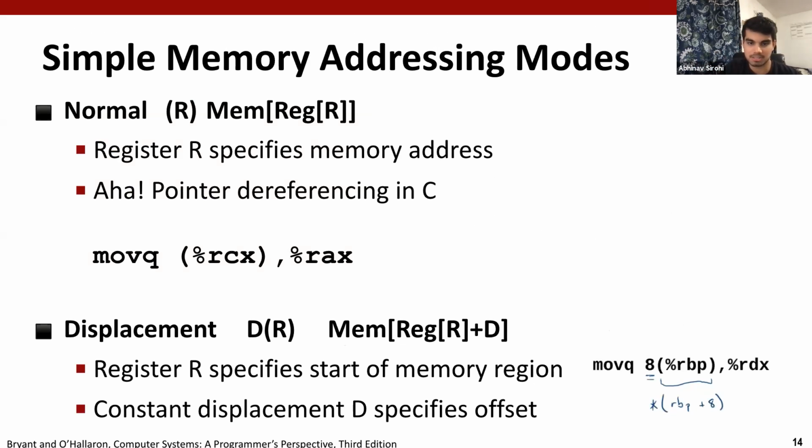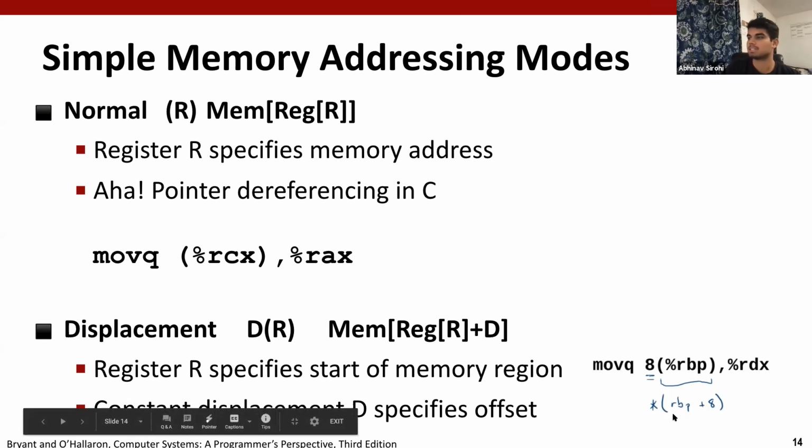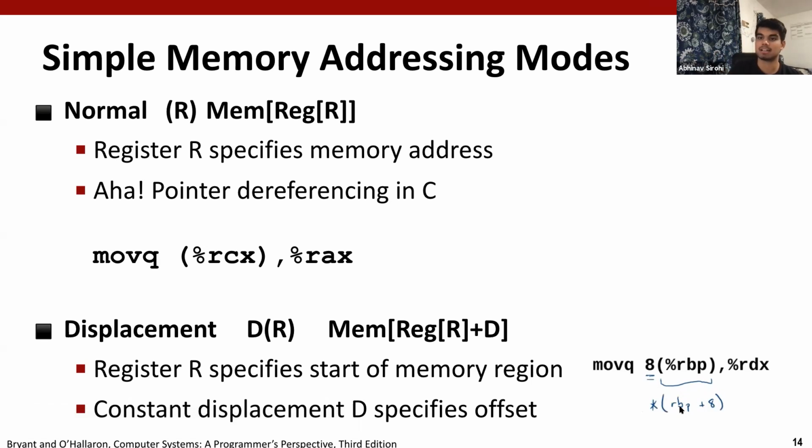Just add 8 without dereferencing it. What do you mean? So we want to access the value at memory at this location. So we have a memory address in RBP. We want to add 8 to it and then dereference it to see what's actually in that memory address. Add 8 without dereferencing it? You wouldn't really need to do that, but we have